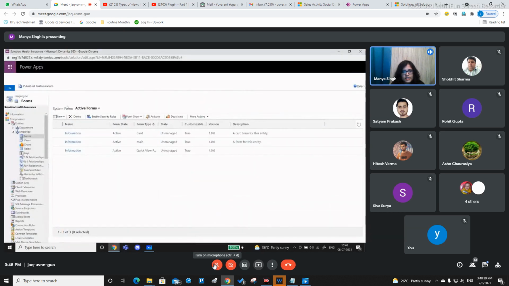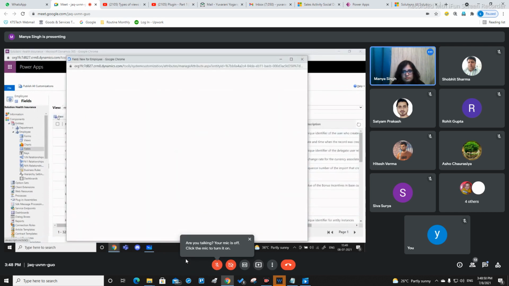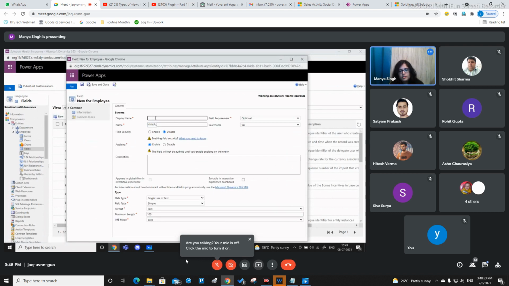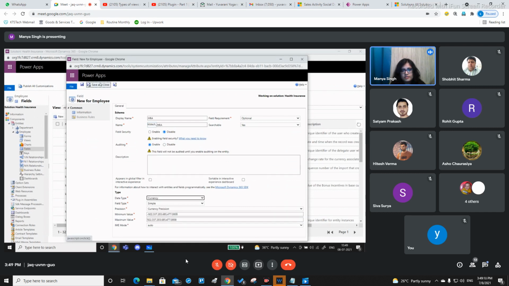If we go to fields, let us try to create a calculation where we are not using any of the functions which have already been provided. Say, for example, this is your HRA. This is a currency type field, simple. Let me save this.